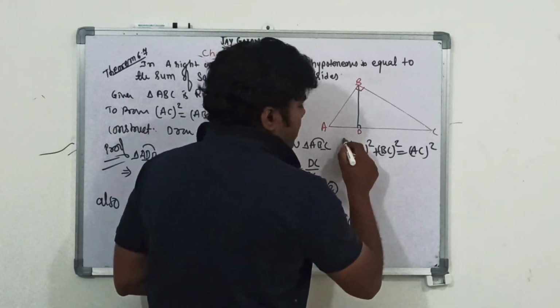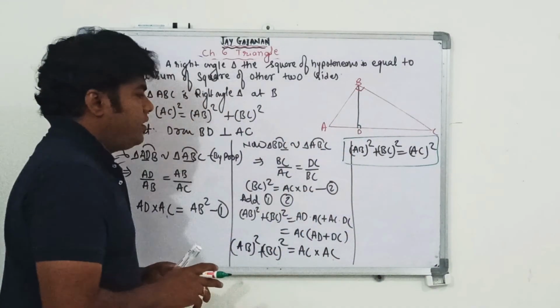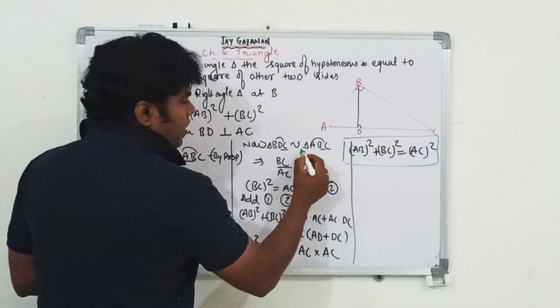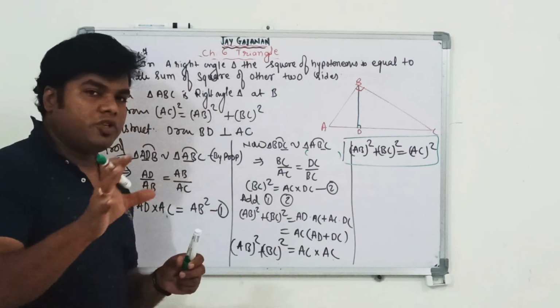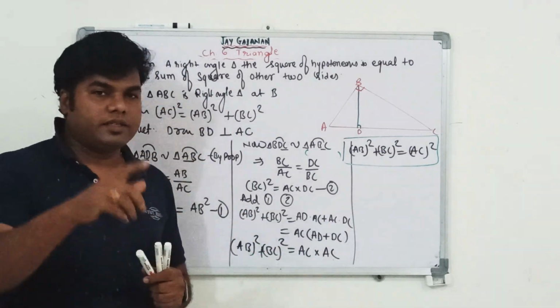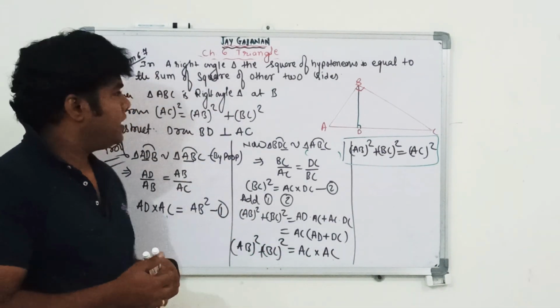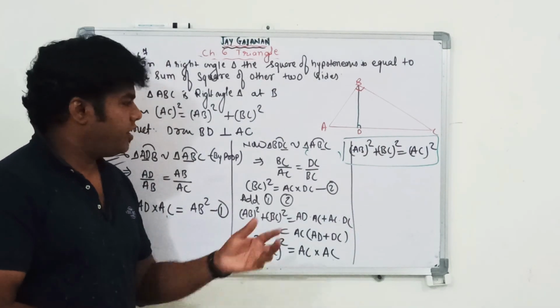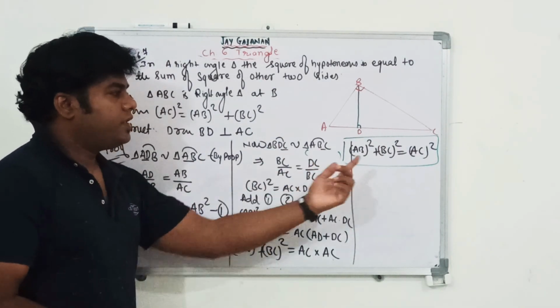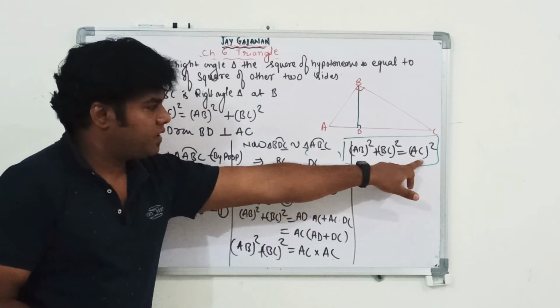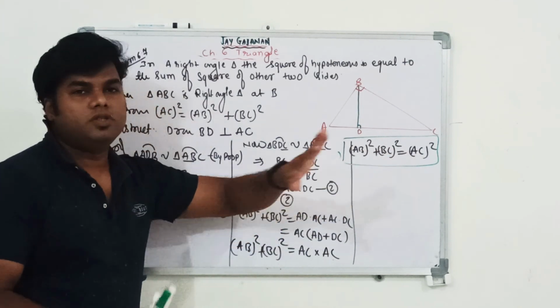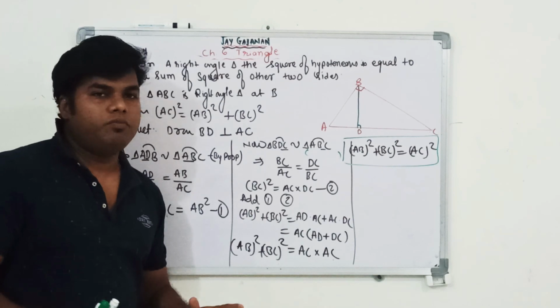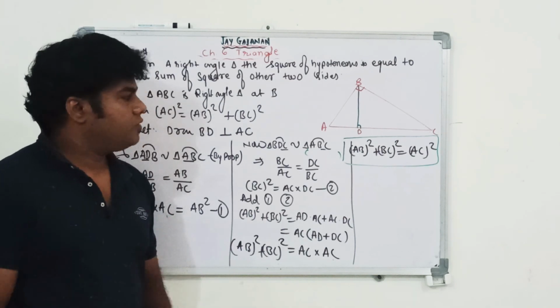So this is how we can prove it. Here and here you have to write by property. Which property? The one that I told you, which is there in the textbook also, theorem 6.6. You can reuse the statement here and here. So hence it is proved that AC square is equal to AB square plus BC square. So this is the Pythagoras theorem proof. So thank you.